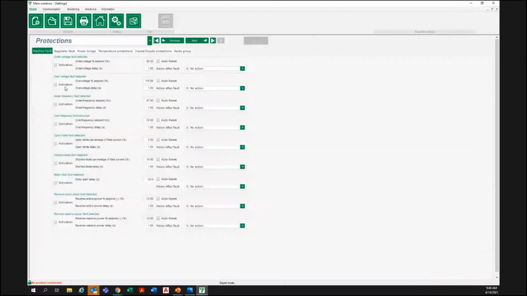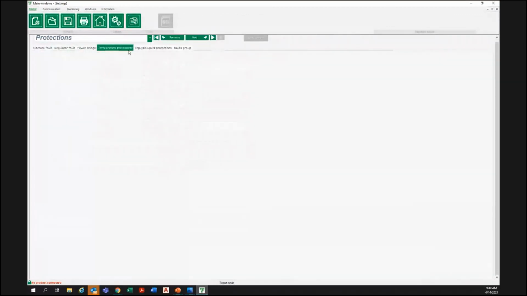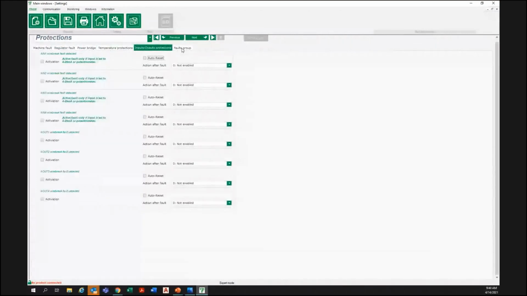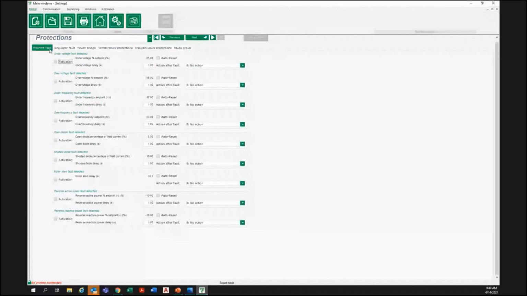Here's the protections pages. As you can see, there's a lot of them. So I'm not going to go over all of them. These, again, will have to be chosen by the user. It really just depends on what you want to protect. And you also have to pay attention to whether or not there's already a control panel in your unit. There could already be protections that you have, various other protections that are either done by the PLC or circuit breakers, those kinds of things you have to take into account, because you don't want to have too many redundant protections that might cause problems with troubleshooting when you do have a generator malfunctioning.